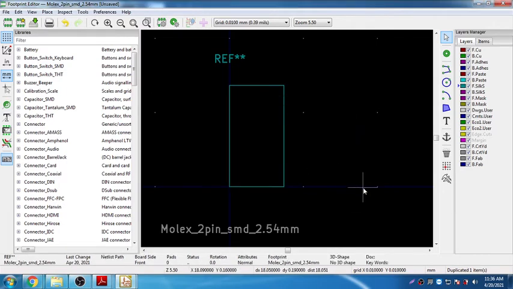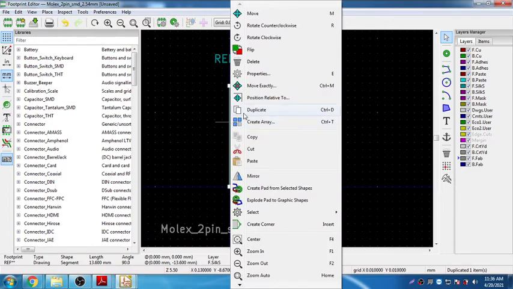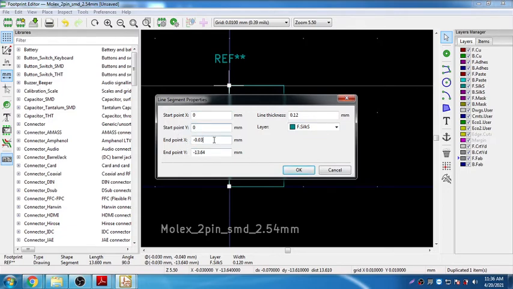Now I decided a rectangular box for this. Now I'm going to decide another layer, that is actually the fab layer. On the same line I'm going to draw. What I'll do is simply say duplicate and edit, and you check that layer 0, and this is also 0, starting point also 0, and save it as the fab layer.